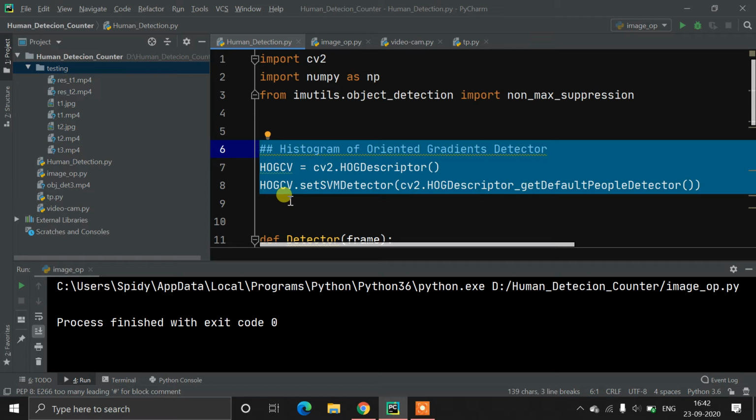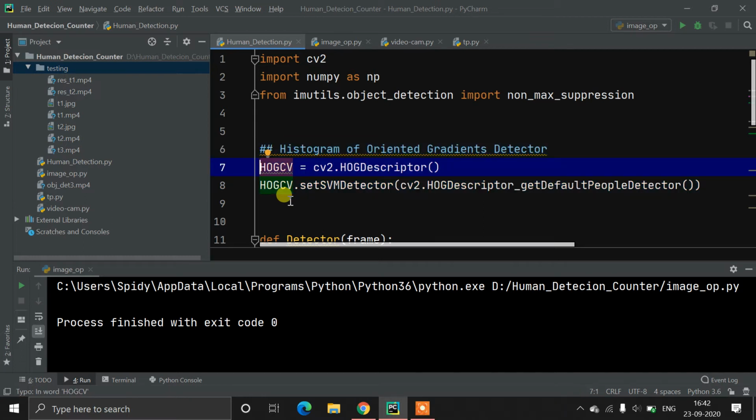In the negative images, the object which you need to detect should not be present. Then you just train your machine learning model. The person who created this algorithm used a support vector machine algorithm. So you just need to train your SVM model, and then you can detect your own object also.